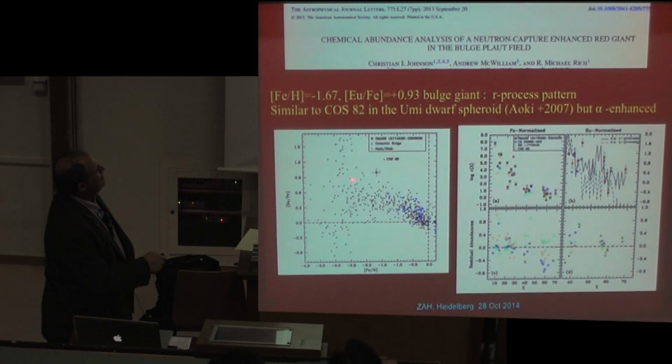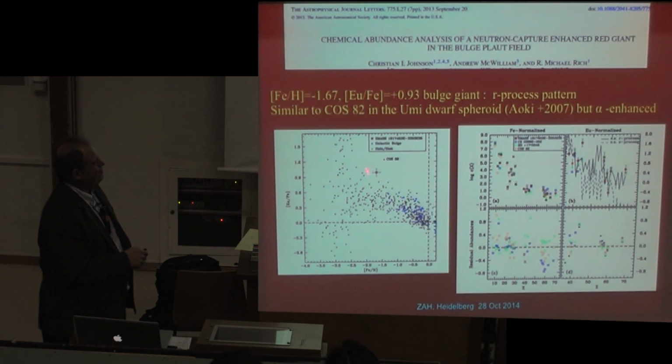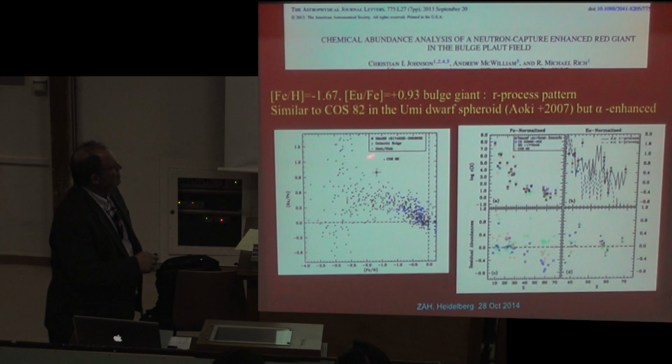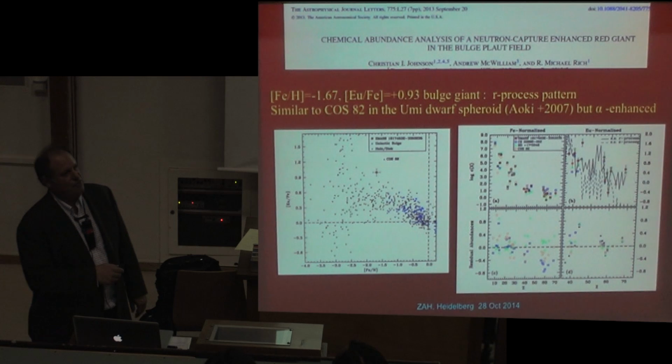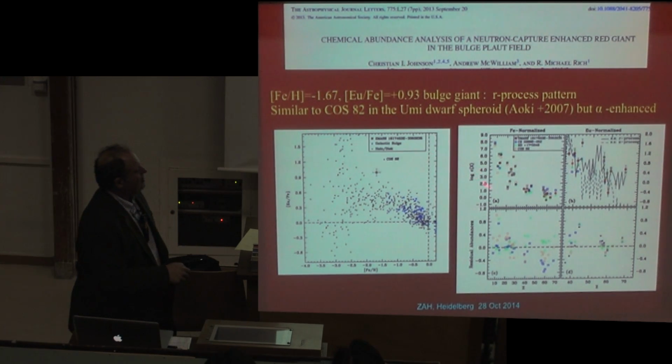So we focused on this star here. It's got [Fe/H] of -1.7 and [Eu/Fe] at +0.93, which is really high, especially at this iron balance. There's only one other star known similar to it, and it's COS 82 in the Ursa Minor dwarf spheroidal galaxy. Now, we analyze a number of elements here, and this is a complicated plot, but the takeaway from this plot is